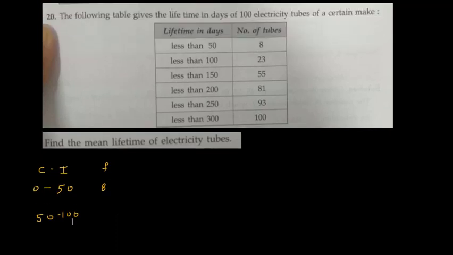50 to 100, now total below 100 it is 23, and below 50 it is 8. So between 50 to 100 it will be 23 minus 8, which is 15. Okay. So here the frequency for the first class is 8 minus 0, because below 0 nothing is there. So we got 8. Then